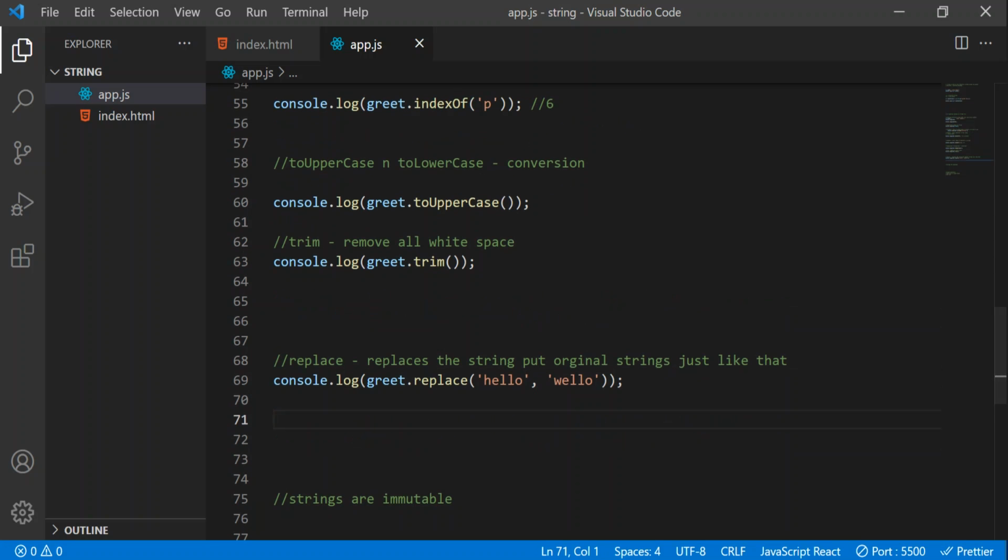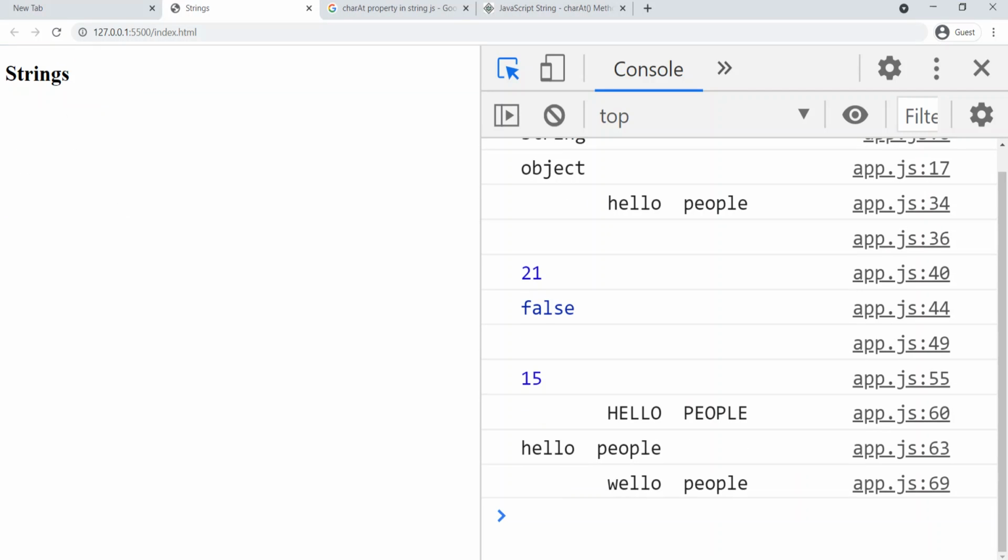Okay, now let's go to Google. Now you can see instead of hello people I got velo people, but I also got space because I'm not using the trim again, so that's why. But you can see that the string is replaced with the second string, the second argument. But it will not change the original string. That's why we are getting all the same original strings again.